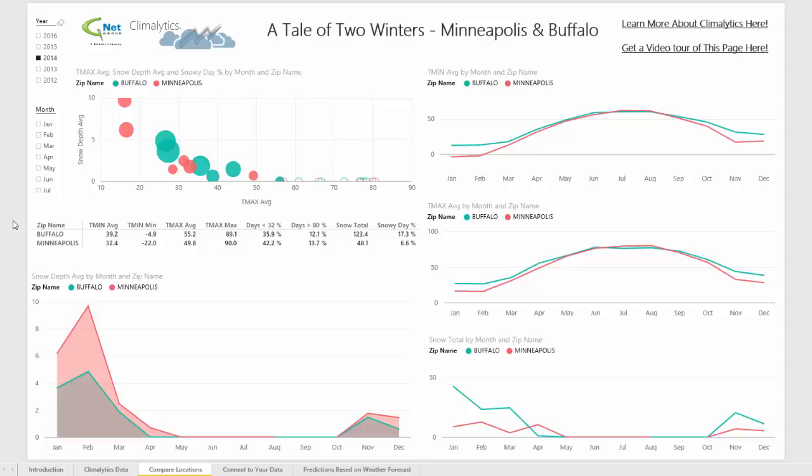This is the third video reviewing GNet Group's Power BI Showcase solution for Climalytics. Down at the bottom you can see we're on the second page of the demo solution that you can browse in Power BI. This page is comparing the winters in two different cities which are known for their winters, Minneapolis